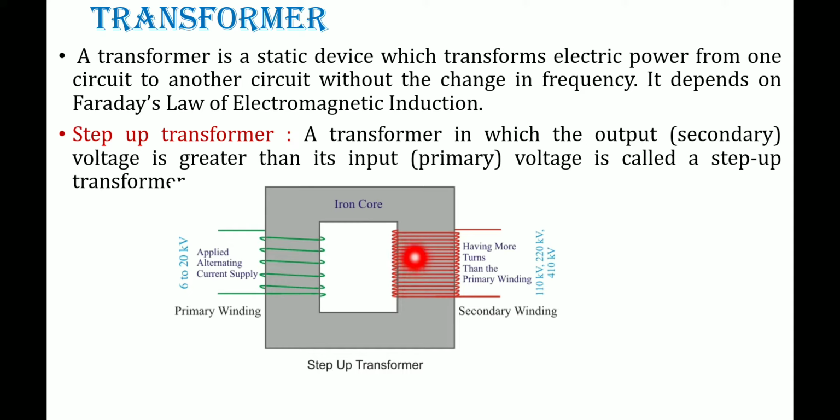The number of turns on the secondary side is represented as N2, and the number of turns on the primary is represented as N1. Similarly, the primary voltage is V1 and the secondary voltage is V2. In a step-up transformer, N2 is greater than N1 and the voltage V2 is greater than V1. Stepping up of the voltage is needed for transmission of power at higher voltages.